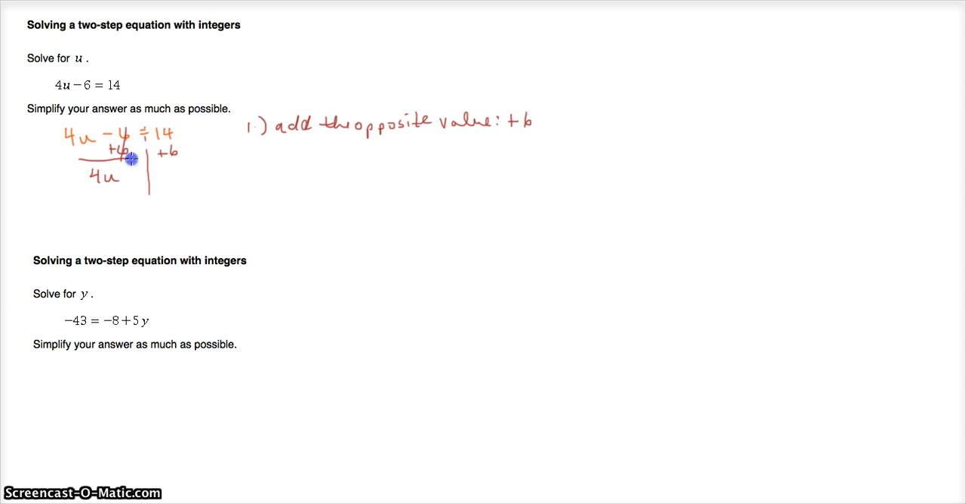14 plus 6 equals 20. And then my second step here is going to be the multiplicative inverse, which is multiply by the flip, which is 1 over 4. That'll give us u